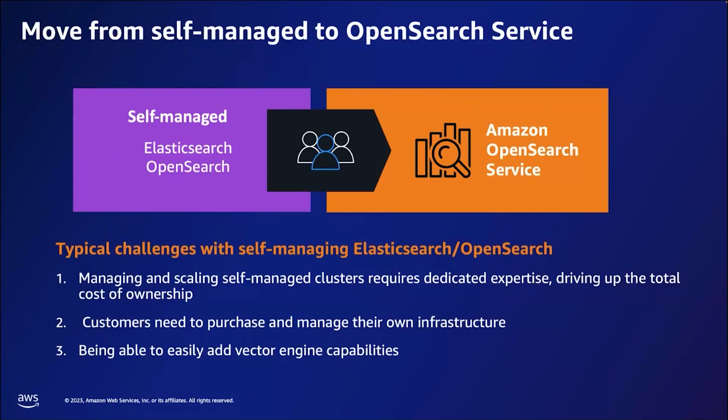So the most straightforward and simple solution for many customers who are struggling to maintain their own self-managed OpenSearch stack at scale is to move to a managed service like Amazon OpenSearch Service. So here the main thing is you get different benefits by moving to the managed service. You don't really have to worry about managing and maintaining the infrastructure. You don't have to do any sort of capital investment on purchasing the hardware.